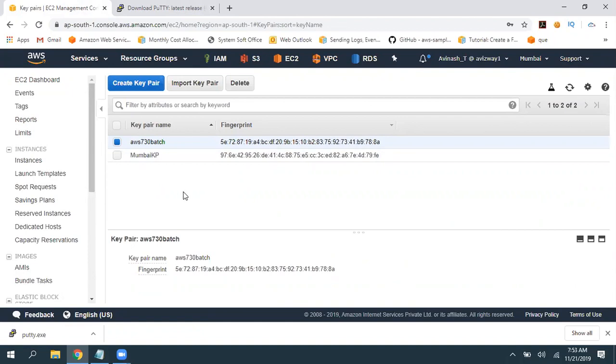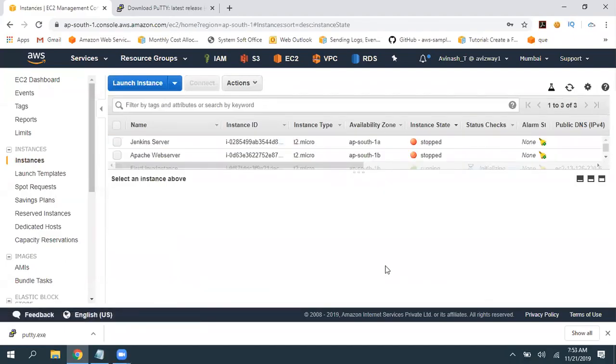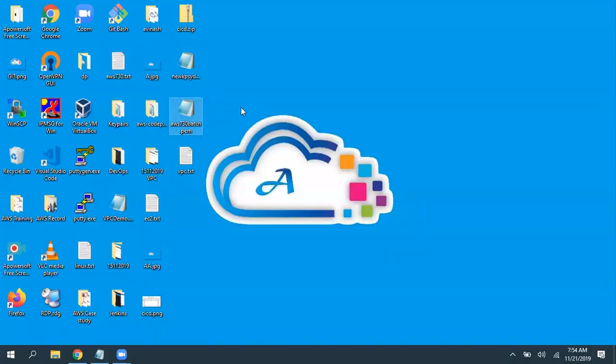So while launching, if you select Amazon, it automatically copies this public key to our launched server. So this key is with Amazon, Amazon has copied that. If I am launching that instance, if I browse that PPK file or PEM file, it is going to validate against this. If the private key and public key both are valid, then only it allows us to log in. Otherwise, it won't allow us to log in. So this is the place where public keys are stored and the private key is this PEM file. So we just need to change the format from .pem to .ppk.